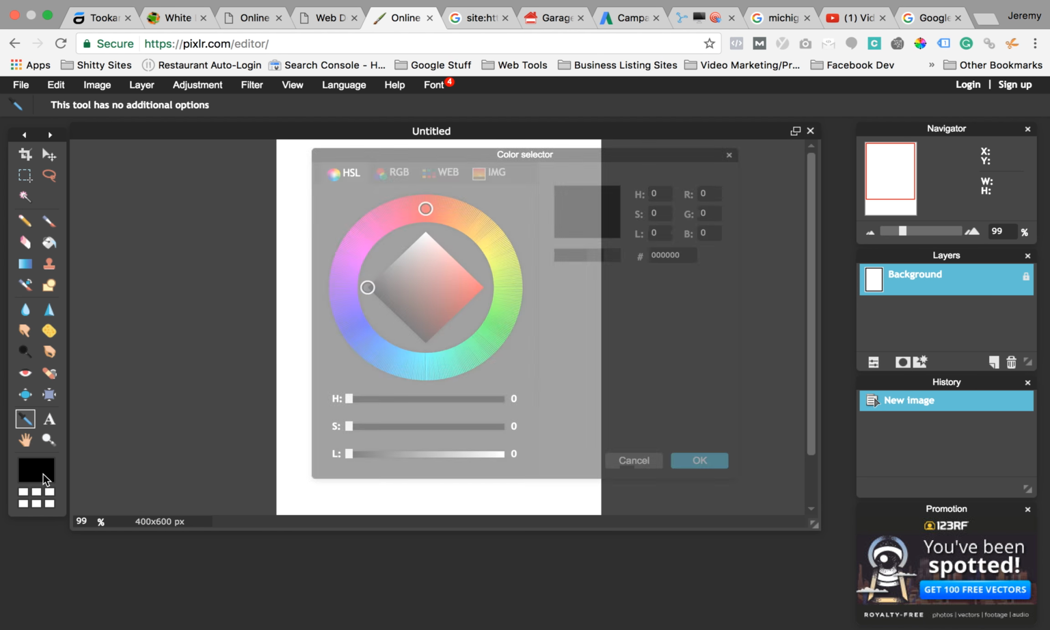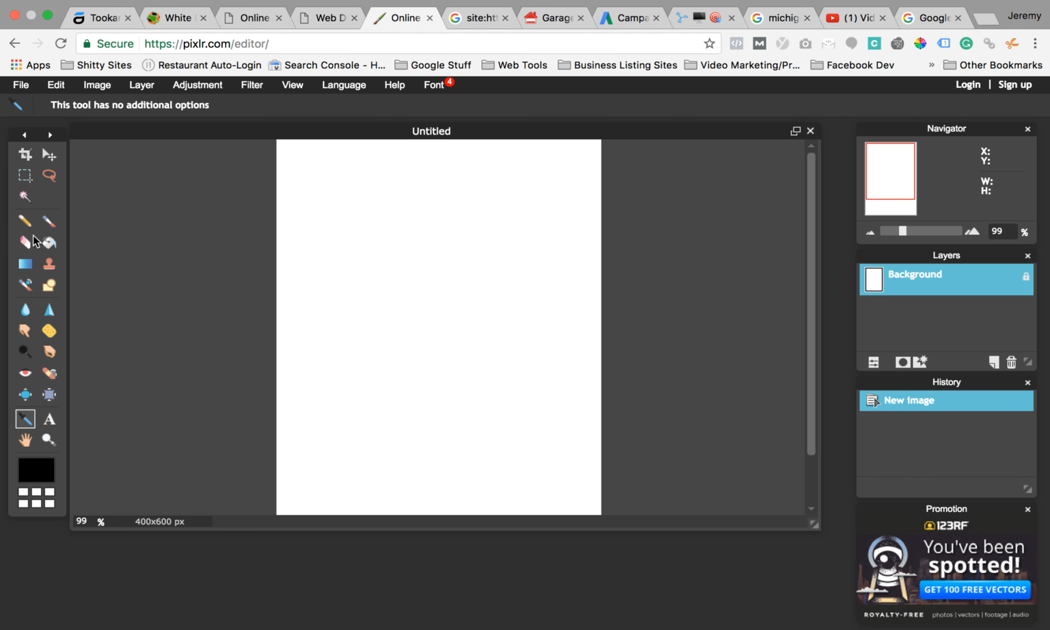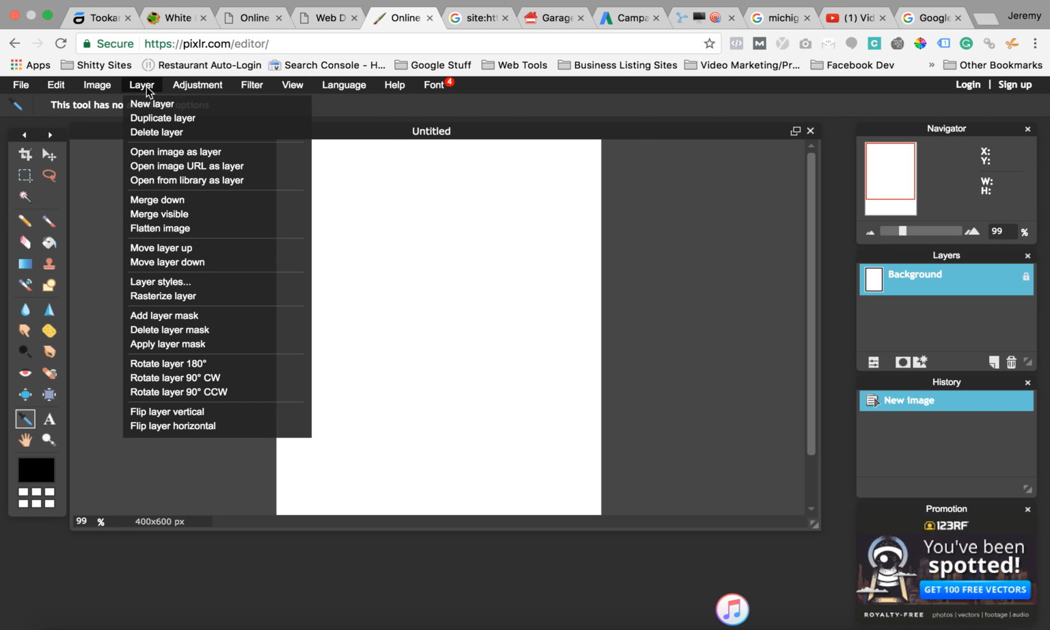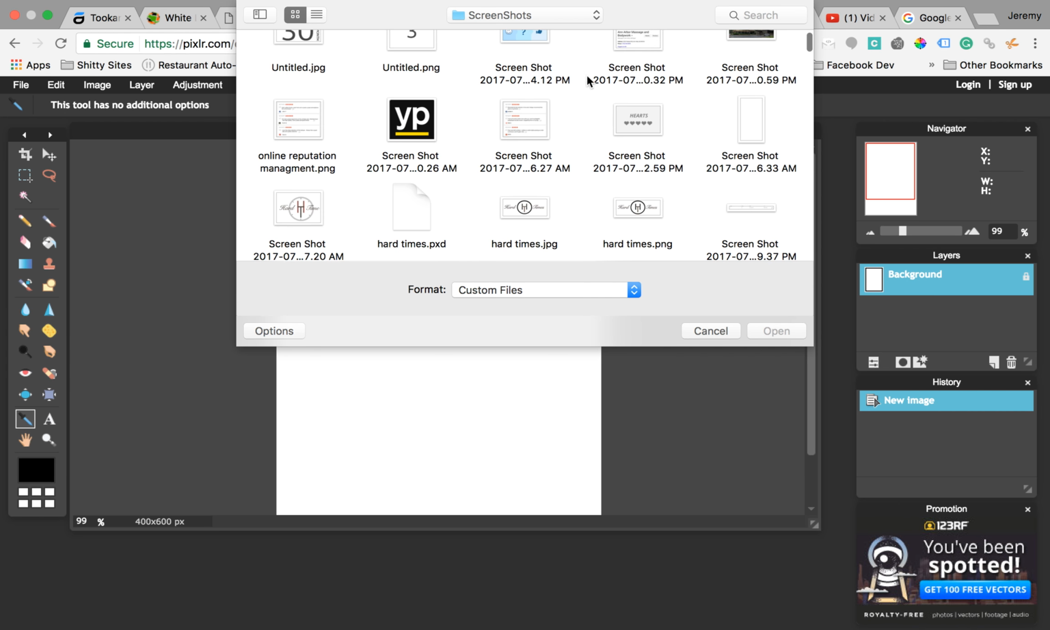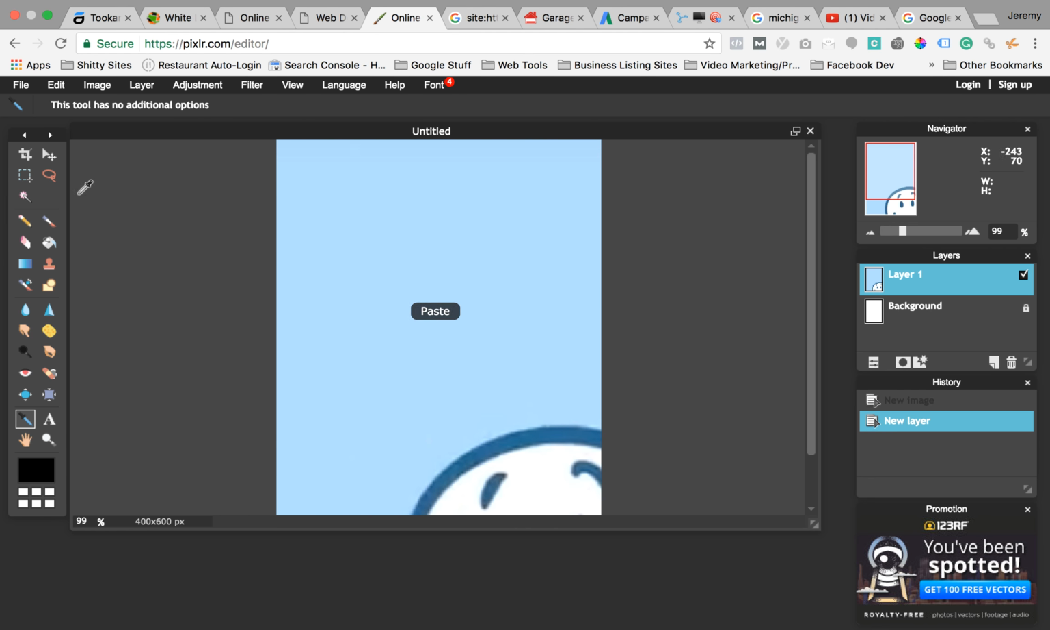So let's say we wanted to, let's say we had an image in here. Let's open up an image as a layer. Okay, now first of all, you can notice that the image that we opened as a layer is much larger than the original